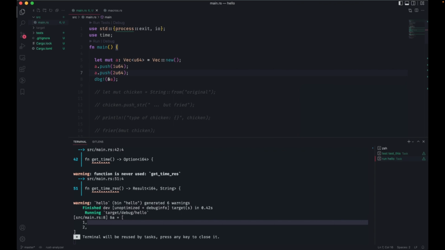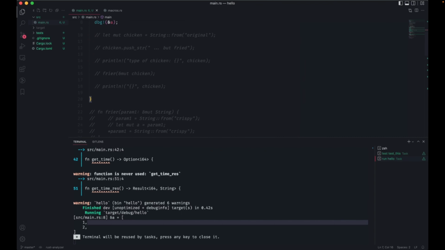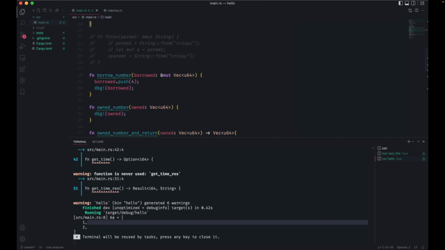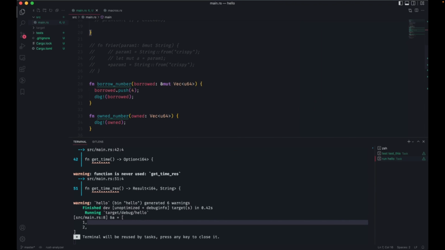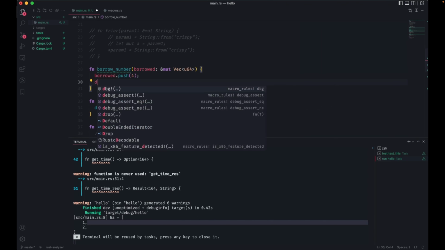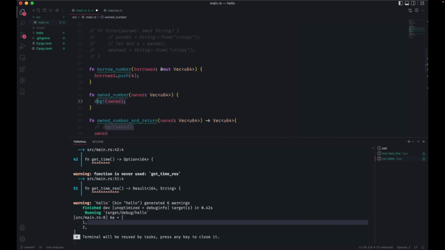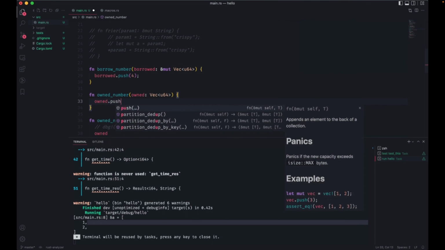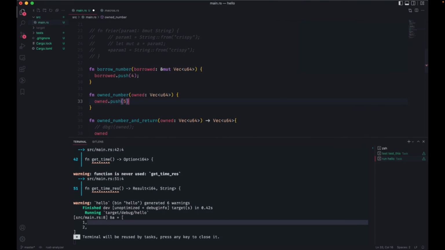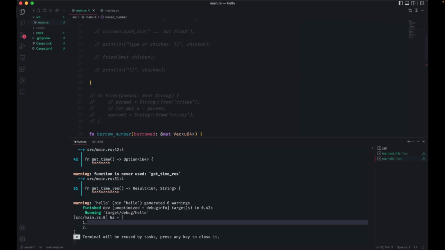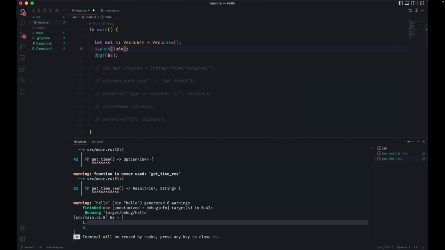Now, what do we want to do? Now we've got a vector. I've got 2 options of what I can do. I can either change it with a borrowed function or change it with an owned function. Let's take the prints out of here. I'm going to push number 5 on this one here. Let's keep it simple. I'm just going to have one number in the vec.